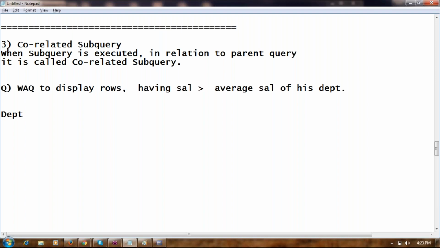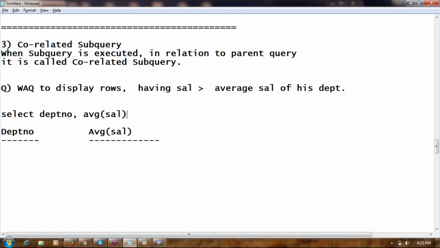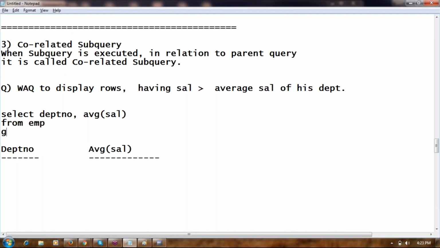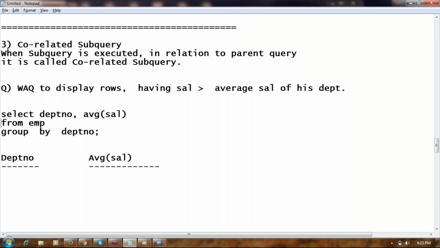I want the department number and the corresponding average salary. We have learned how to write this query. We need to use a group by clause. Select department number and the corresponding average salary from the employee table, group by department number.